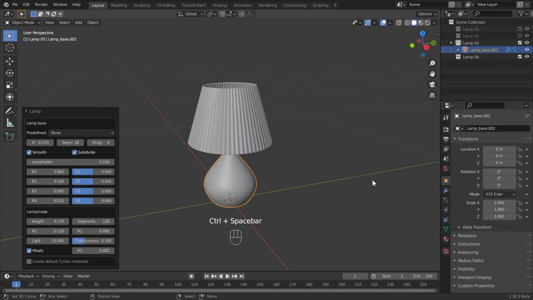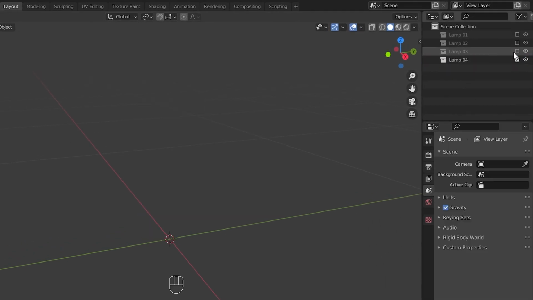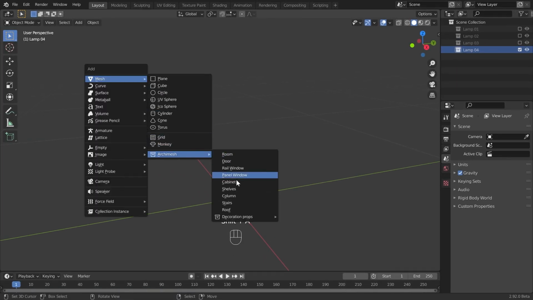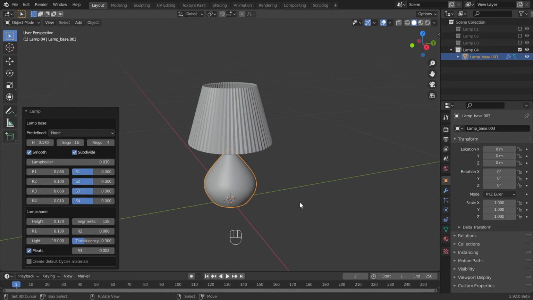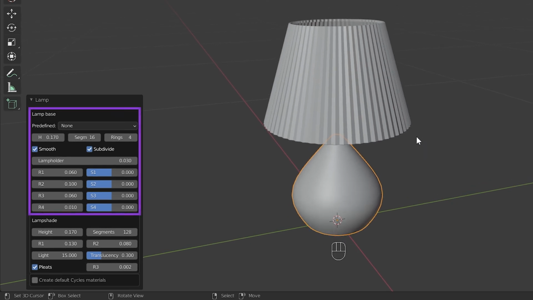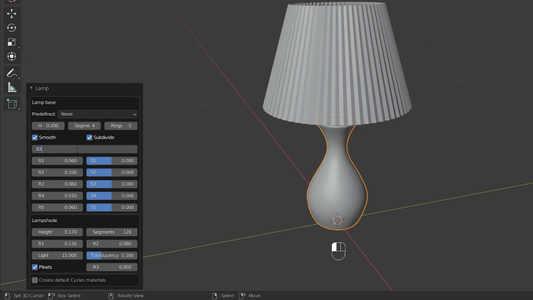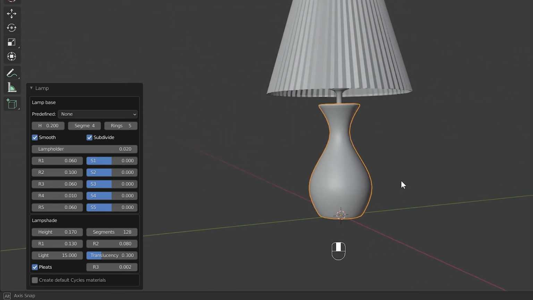Now let's make the lamp 4. As before, you need to disable this collection and then add the lamp object to the lamp 4 collection. After adding, let us now set the values here. Here in the lamp base, change the height to 0.2, segments 4, and rings 5. Give 0.02 for the lamp holder. For the R values here, give 0.155,